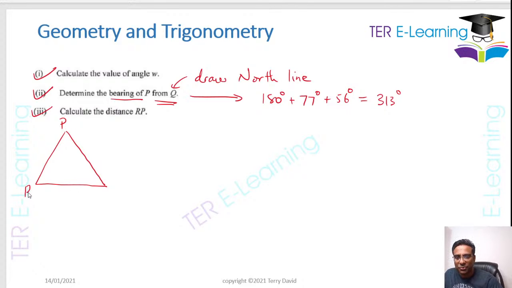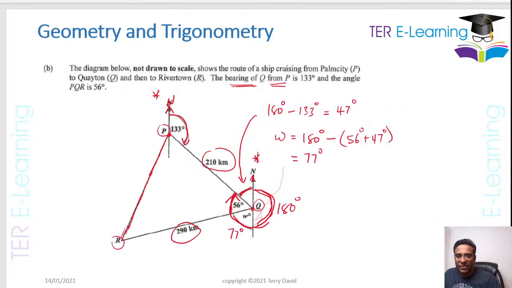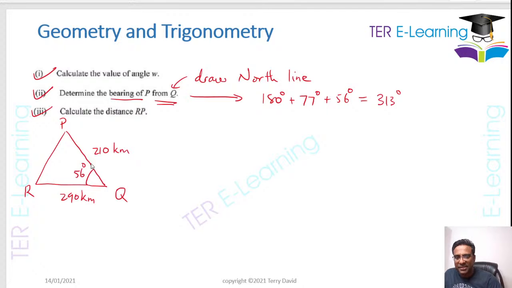So this is PQR, this is Q. Let's put it in here so you can see what's going on. So this is 210. This is 290. And this angle here is 56 degrees. Now, we're going to use the cosine rule, because I use the cosine rule when I have all three sides, or if I have two sides and the angle between them. So using the cosine rule,